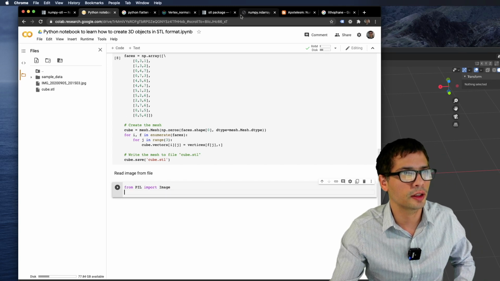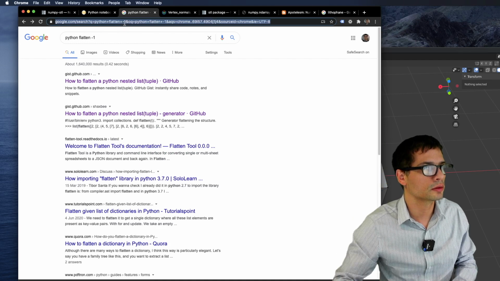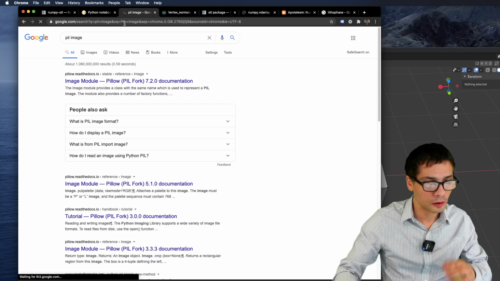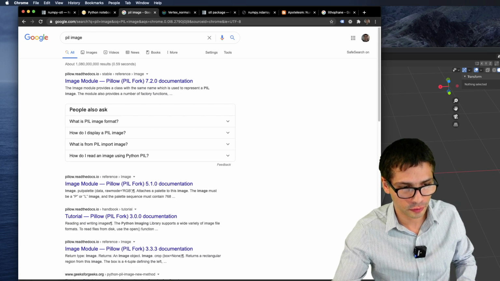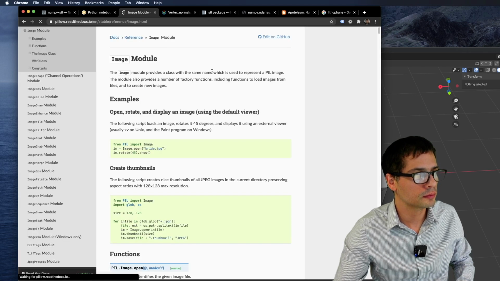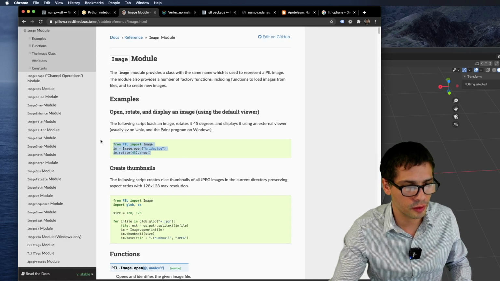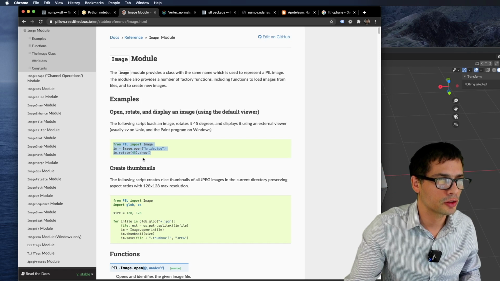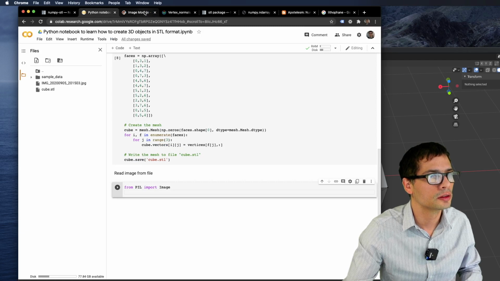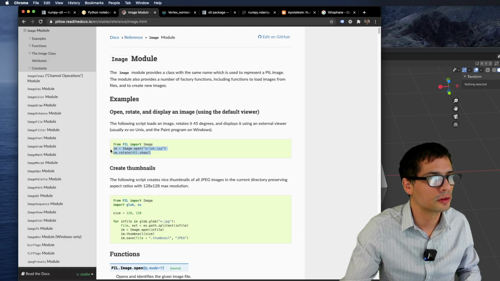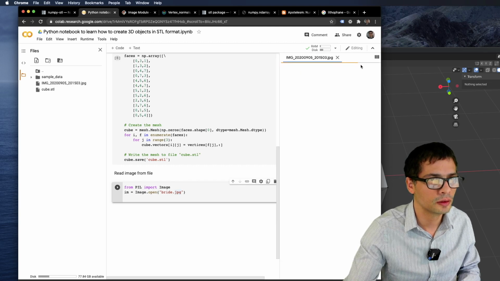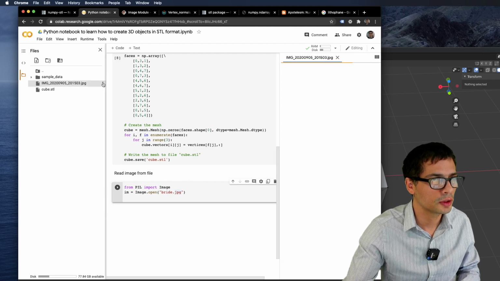If we go and look at the Pillow library, it gives you examples here on how you can create an image and show it. Okay, so I'm going to first do that. Need to copy the path.